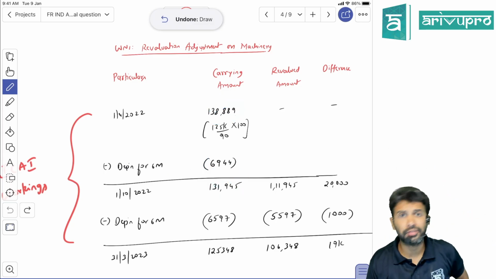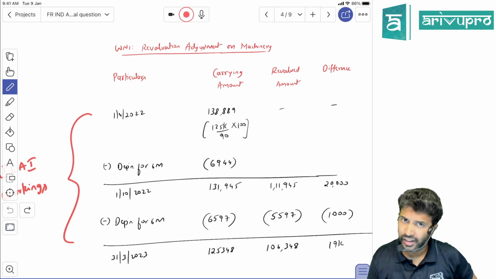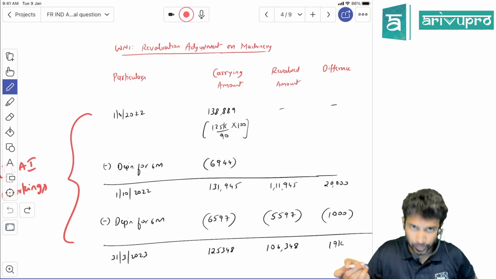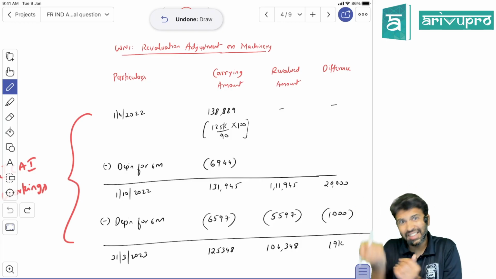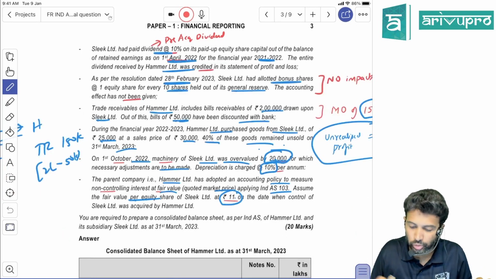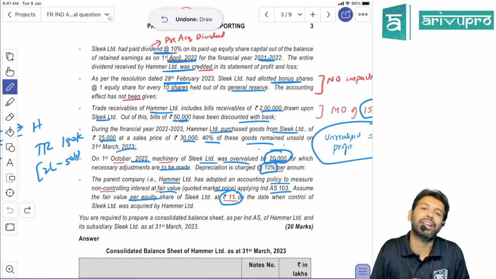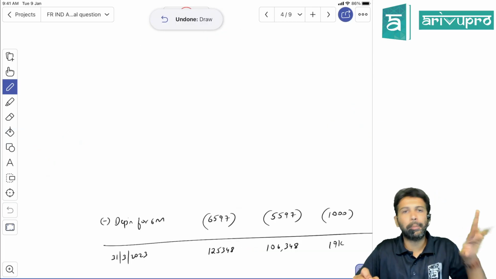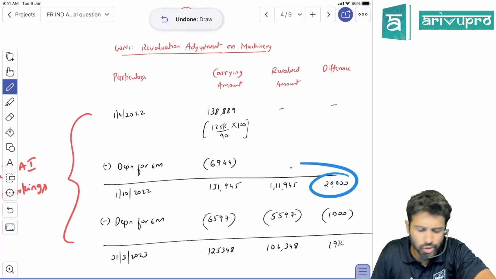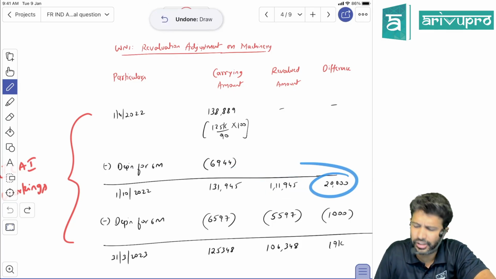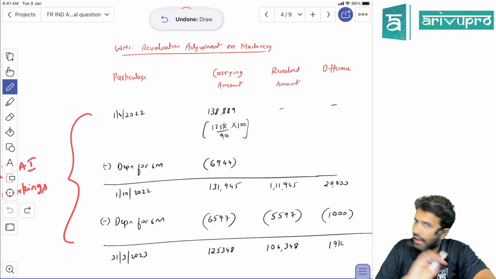Now they are saying there is a reduction in fair value, right? If it's overvalued by 20,000, do you think fair value will be 131? No, fair value will be lesser than carrying amount by 20,000 because the question is saying it is overvalued by 20,000. So carrying amount is more compared to fair value by 20,000. So fair value will be 20,000 lesser than that. So that difference is 20,000. Okay, there is absolutely no problem. So this is a fair value decrease. I have no issues with that.